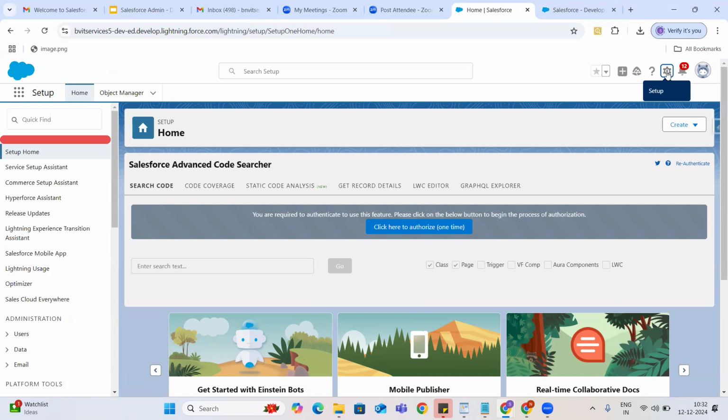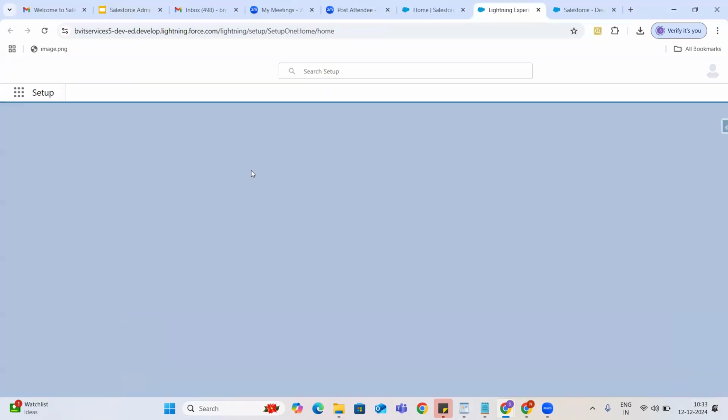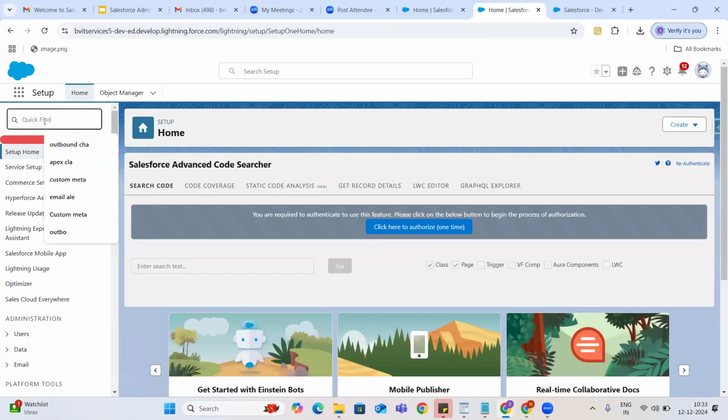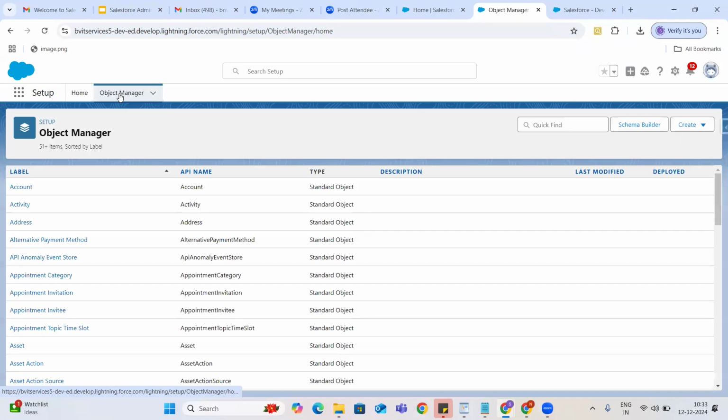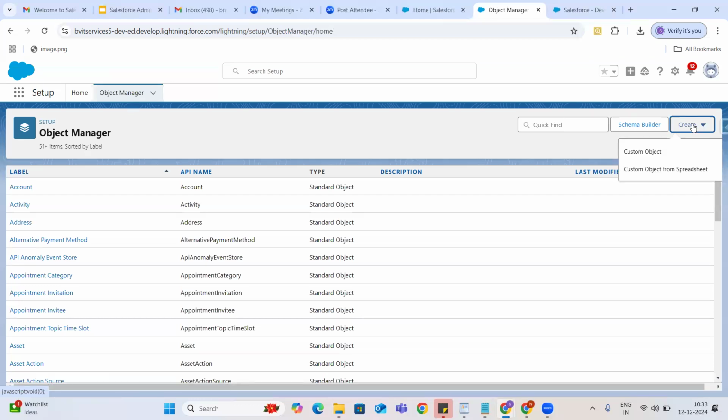Maybe if you see the setup button, generally sometimes it's not available, but in case of Classic it will be available. But if you open up anything, for example, Object Manager: when I click on setup, I'm seeing the Object Manager, right? Here I can create a new object, because I have the Salesforce license.